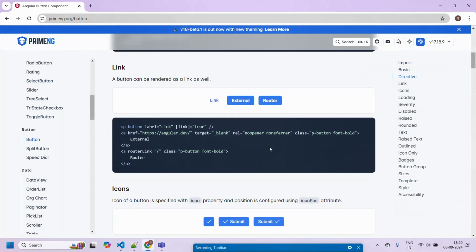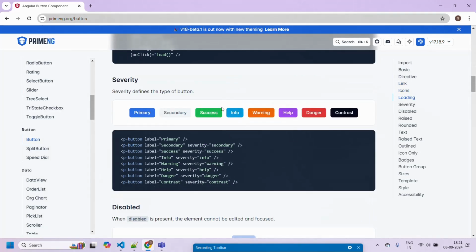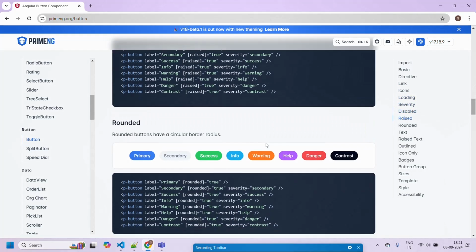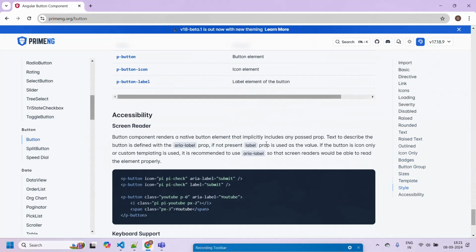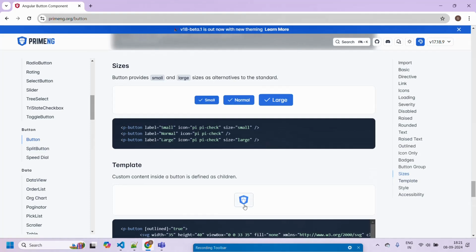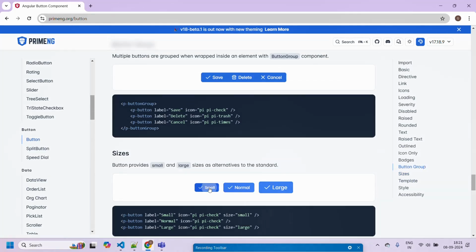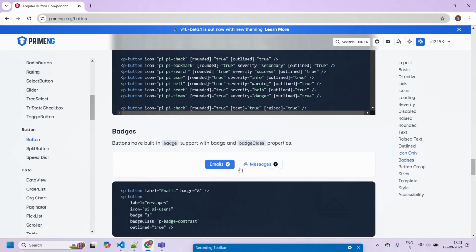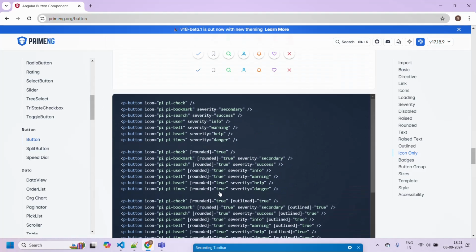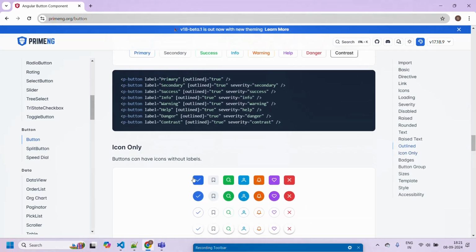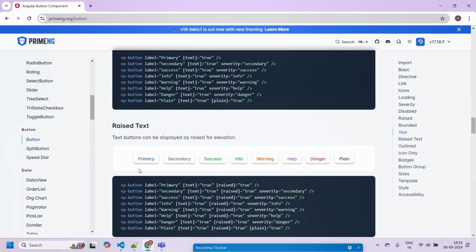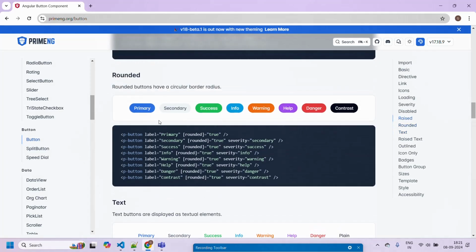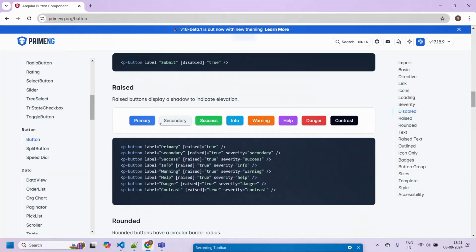If you need any type of button, here you can see. These buttons we can use in our Angular applications. We have a large number of buttons, so whichever we need we can use, like small size, then with icon, with emails, icon-only buttons. Also we have different colors with different orientation. So like this we can use. What we need to do is just copy this code, and then that will be available in our